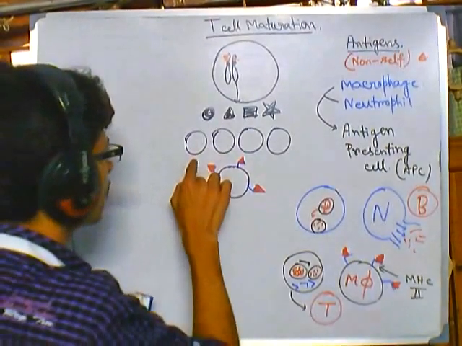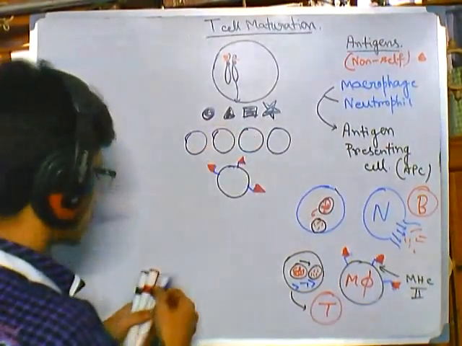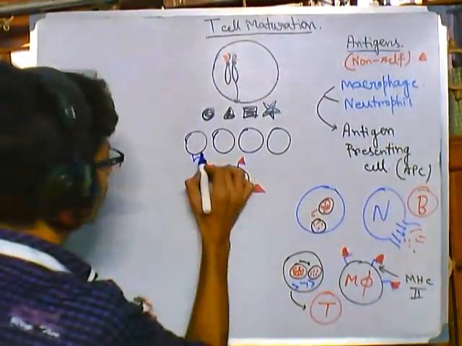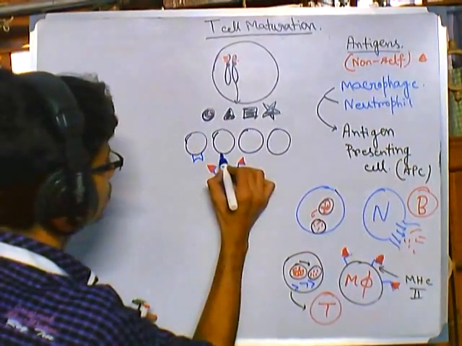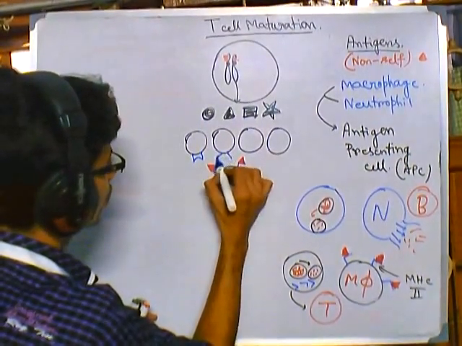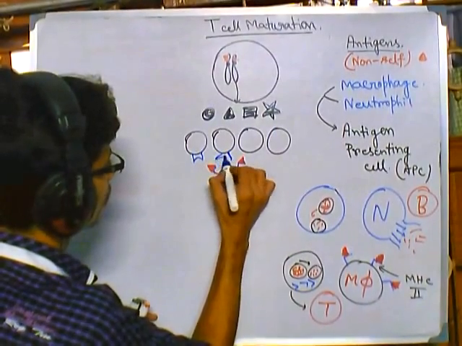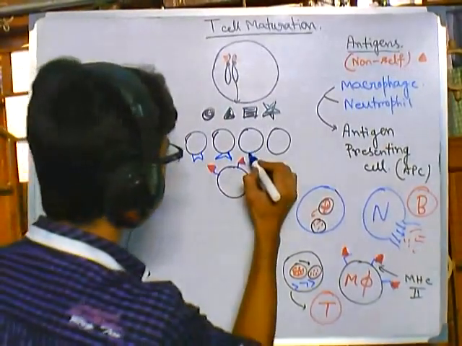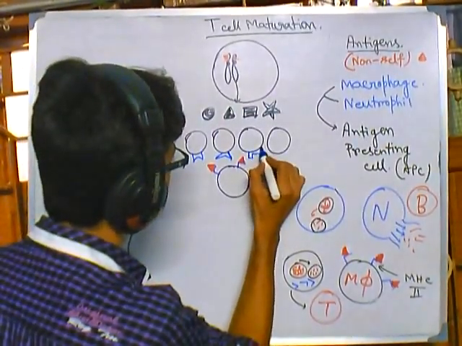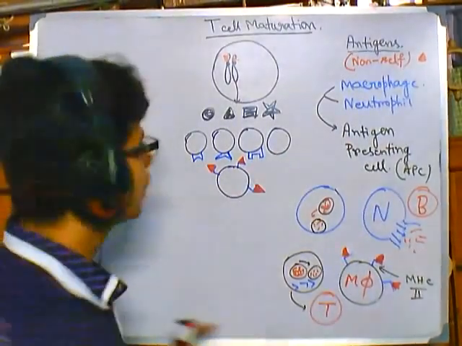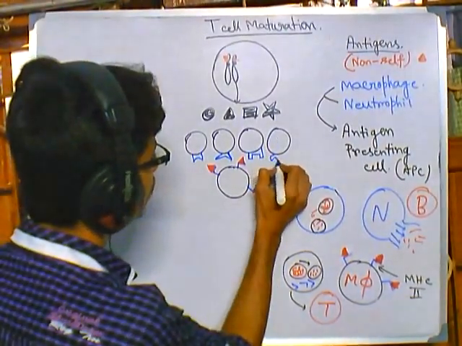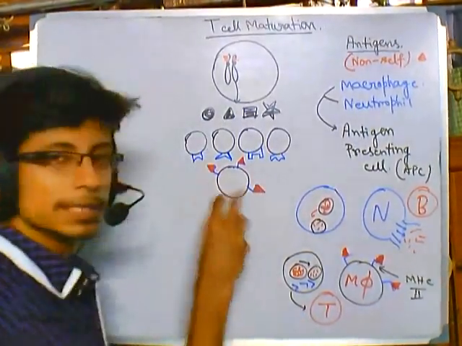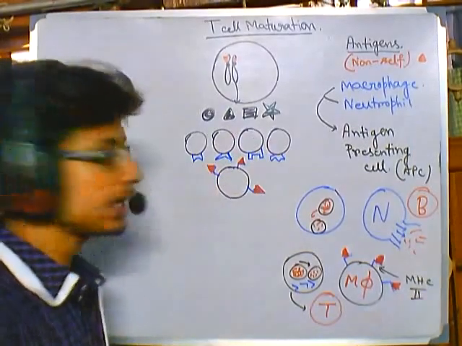So for example this one, as it is made from this, is having the receptor for this circular shaped antigen. This one is having the receptor for this triangular shaped molecule. This one is having the receptor for this rectangular shaped antigen. This one is having the receptor for star shaped antigen. Okay. So now as we know, the antigen which has entered into our body is a triangular shape,